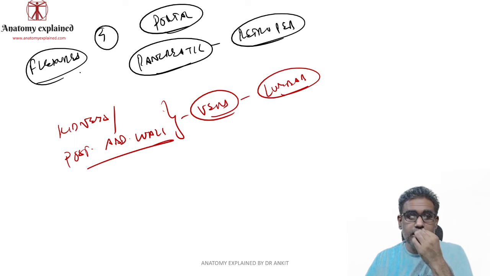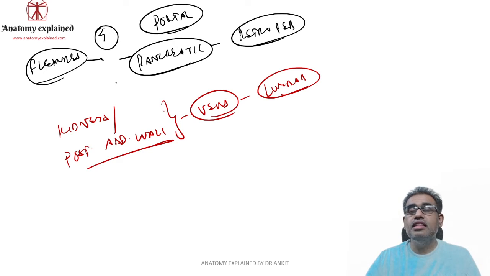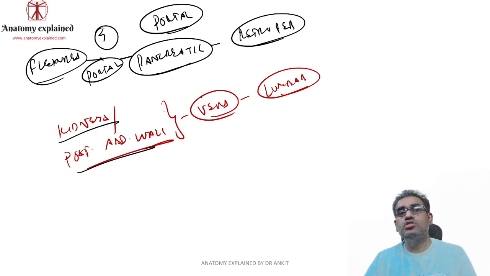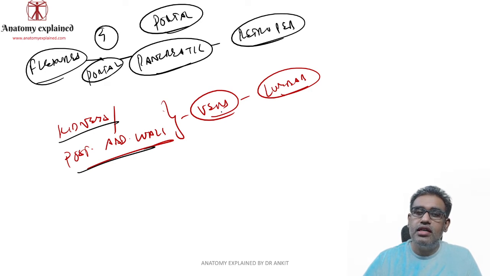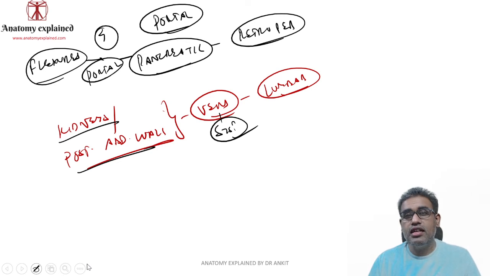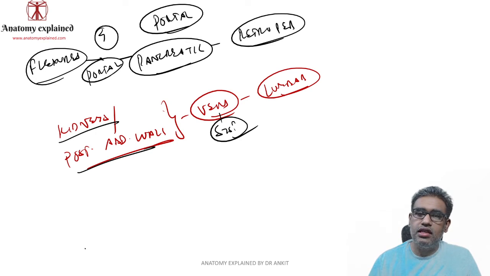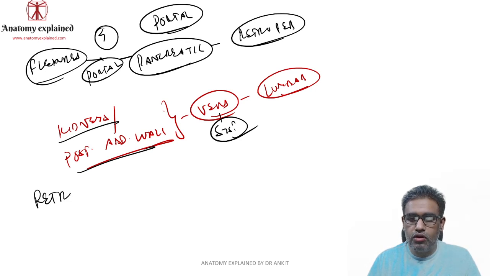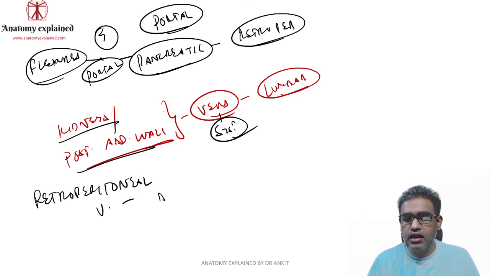At those areas, the veins which are draining these in portal tributaries actually interact, or anastomose, with these veins. These are actually your systemic veins, going to the systemic veins. Again, you have this portal anastomosis. Now when there is a portal vein obstruction, again you have these retroperitoneal veins which have become dilated.